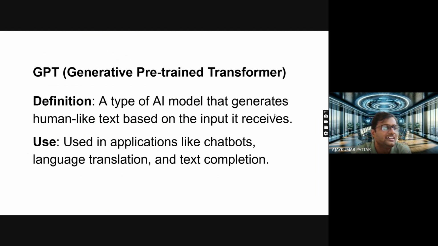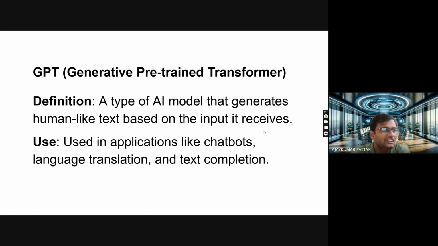Generative pre-trained transformer. Applications include chatbots, language translation and text completion. For example, if you are using chatbots and say hi, the chatbot will reply like a human being.